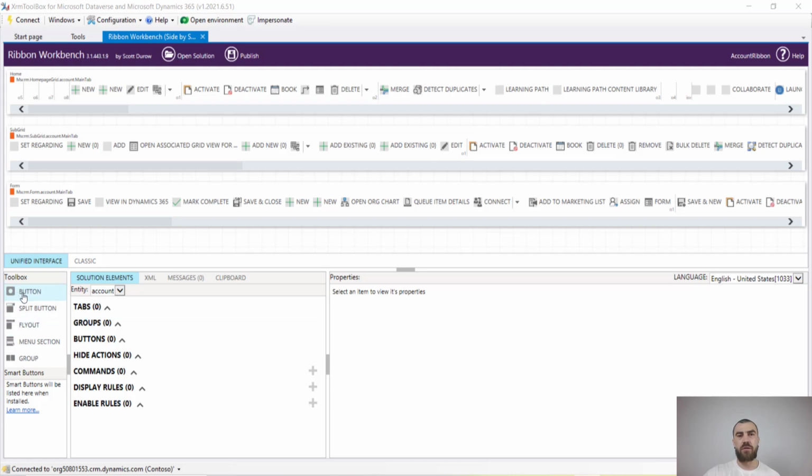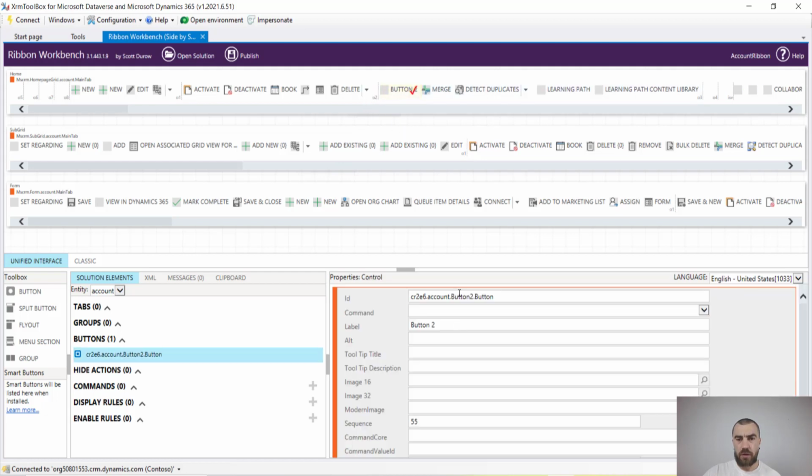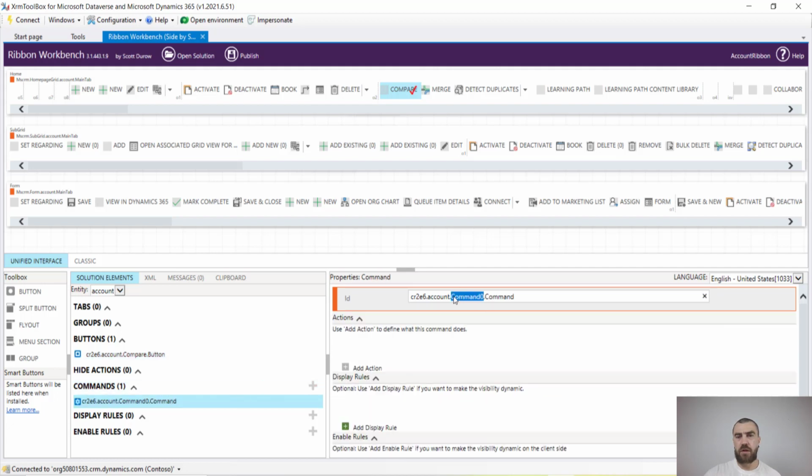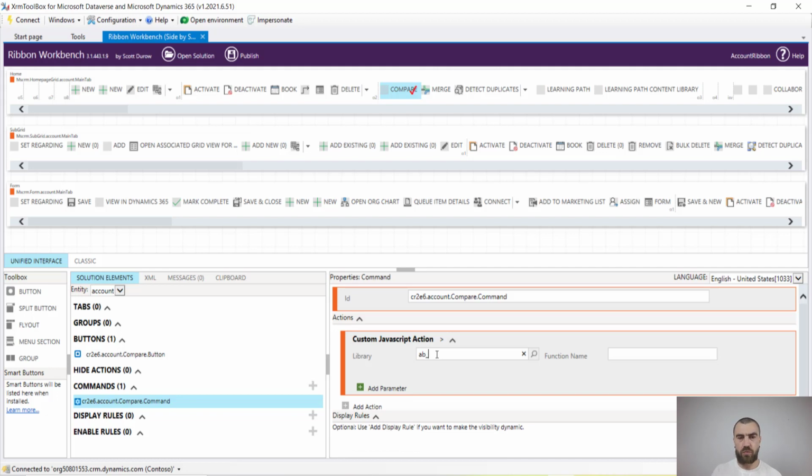Once the Ribbon Workbench loaded the solution, I can start adding controls. So I will take the button and I will drag it nearby the merge button, and I will call it compare, and I will provide the button label as compare. The next step is to add the command. I will hit this plus sign, and I will rename the command to compare. Under action, I will hit add JavaScript, and I will look for the web resource that is called AB_comparisonreportribbon.js, and I will choose it, and as a function I will enter